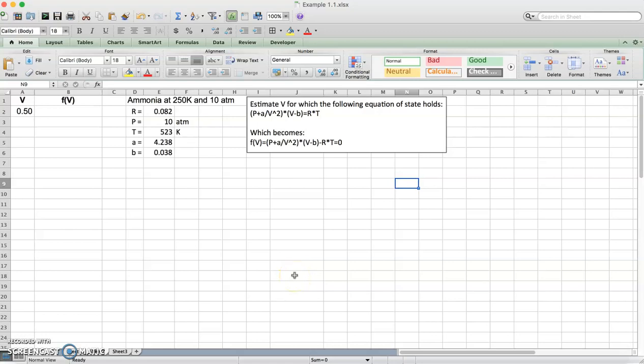Hi, in this video I'll be talking about how we can estimate the root of a function using spreadsheet calculations. So here for illustration we only look at one specific example, which is the van der Waals equation of state